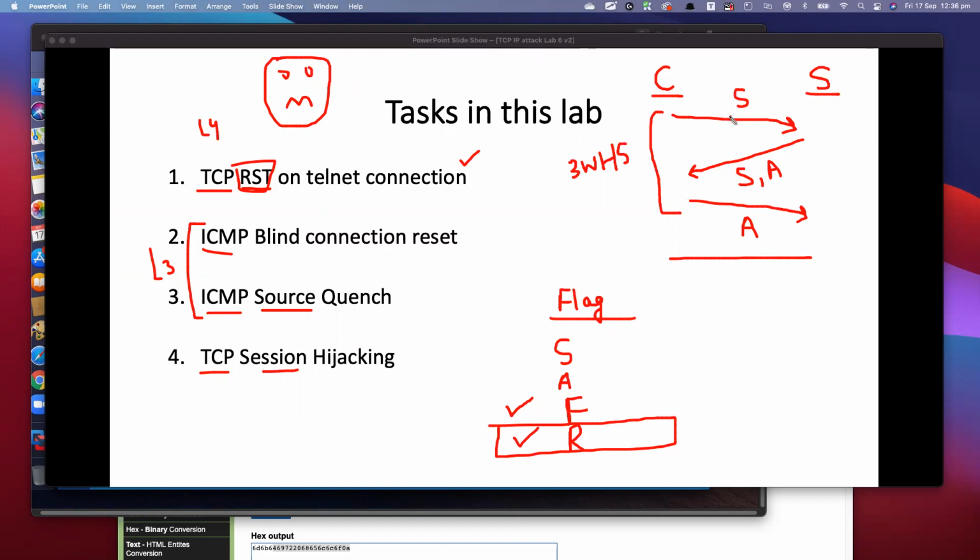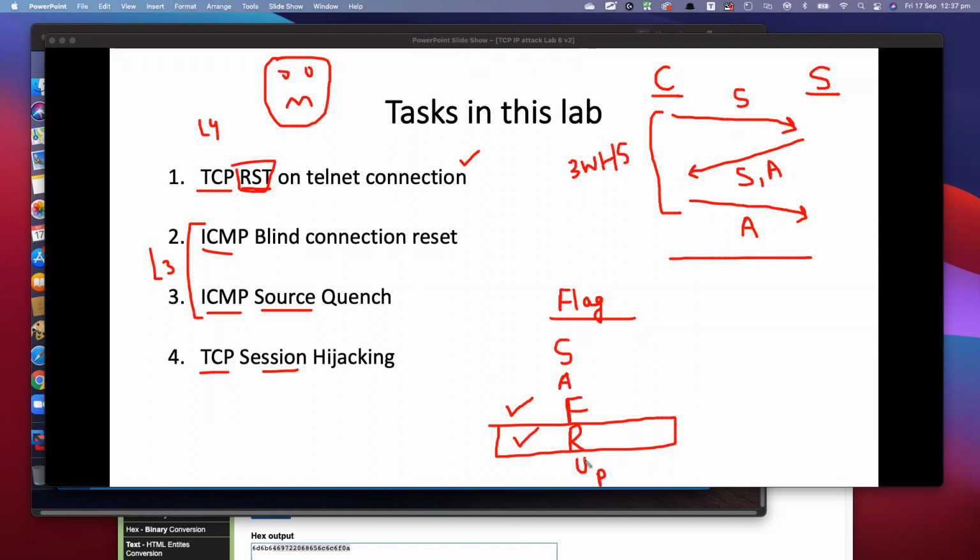Imagine the client and server doing all the hard work of going through the three-way handshake and sending something, and all of a sudden the reset packet comes in and that session is terminated. It's very, very bad. Other than that, you have the urgent flag as well, and then there is another one which